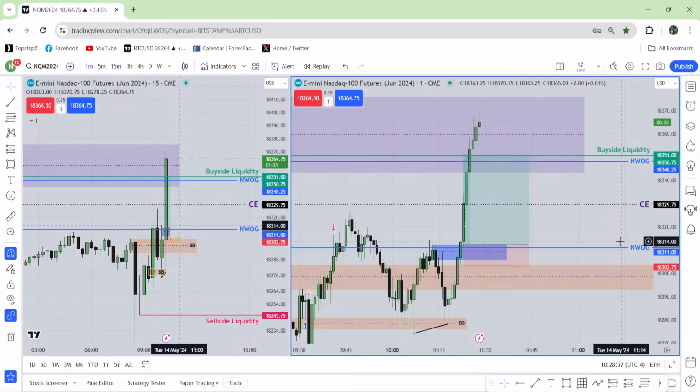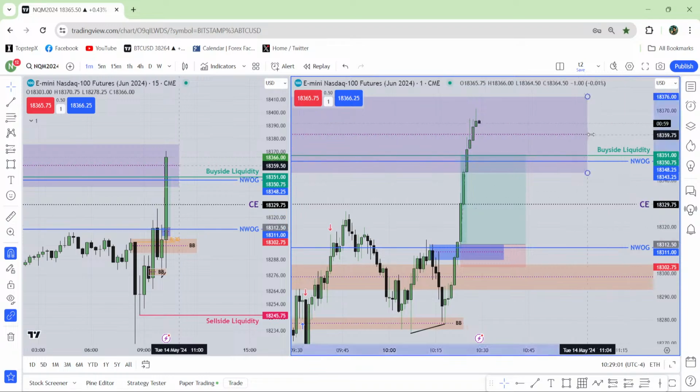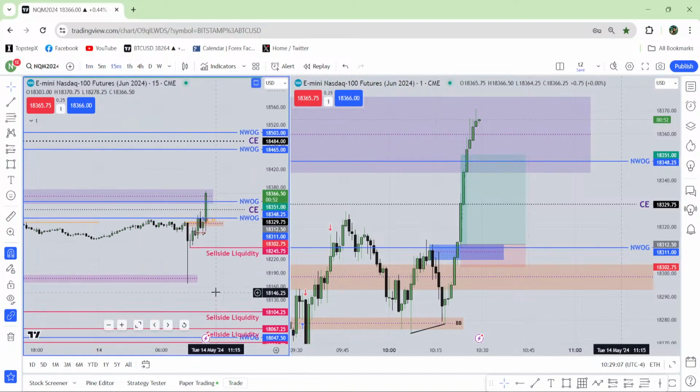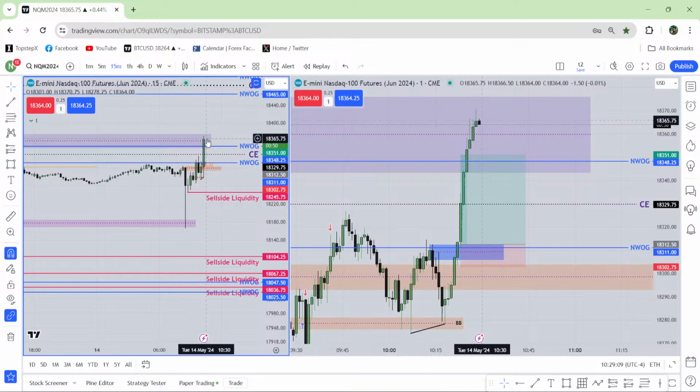We just took the 15-minute high. Okay. We will see this is the last fair value gap from our hourly chart. The market has taken the most obvious buy side liquidity, so I'm going to remove the buy side liquidity from my chart. Now, the market has taken the sell side liquidity, the market has taken the buy side liquidity.